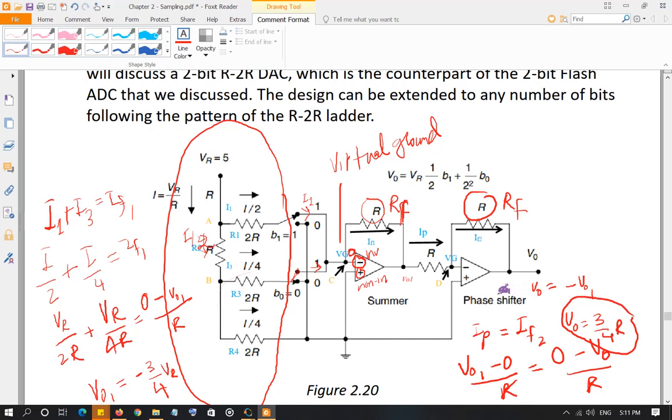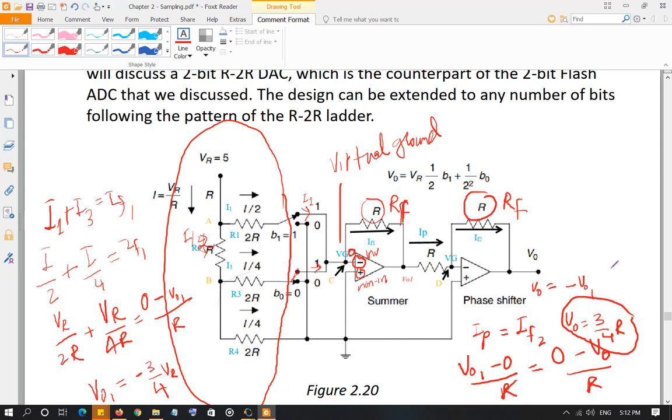So it became positive again, right? That's the main function of phase shifter. It turned into positive again. So if your input bits are 1 and 1, the output voltage that will be generated will be 3.75 volt, right? 3.75 volt. That's a quantized value. That's not the actual input voltage. Remember in the last flash ADC, we saw that anything above 3.75 and up to 5 is just gonna become 3.75 volt. That's it, because the bits that will be produced will be 1 1.